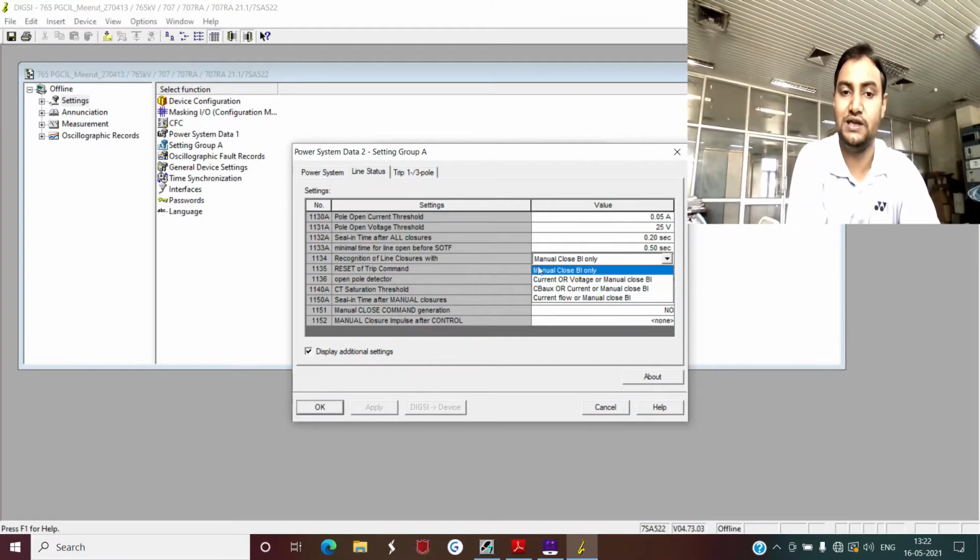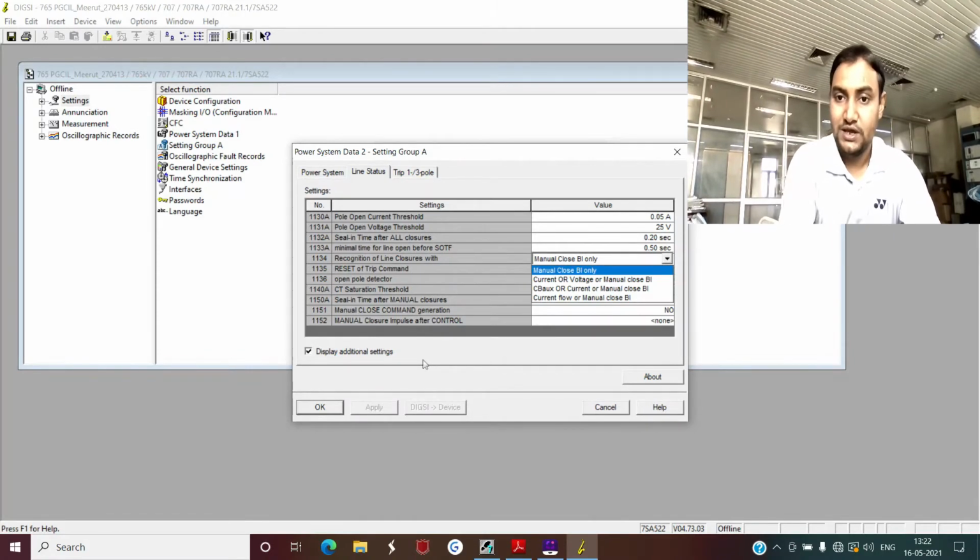That means your relay is detecting that your line is in open condition, and suddenly due to some system condition your current rises to 2000 ampere or 3000 ampere. Then it might happen that once this current has gone from 140 ampere to 2000 ampere, the relay detects that since your current magnitude has changed from 140 ampere to above 150 ampere, it has detected a line closure.